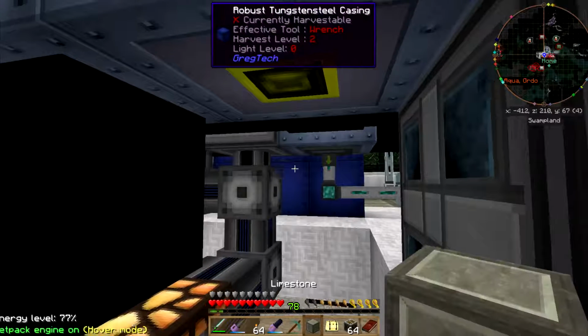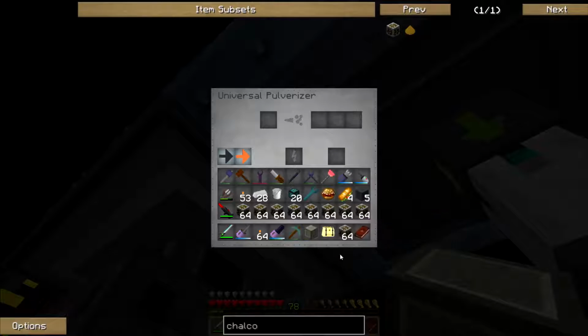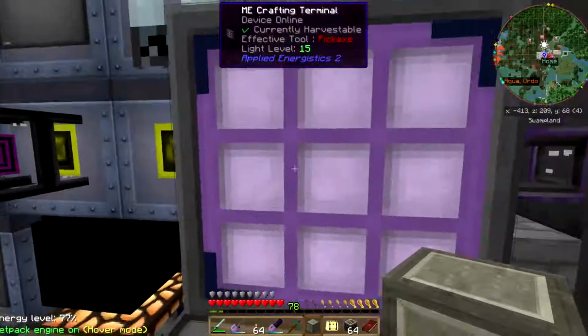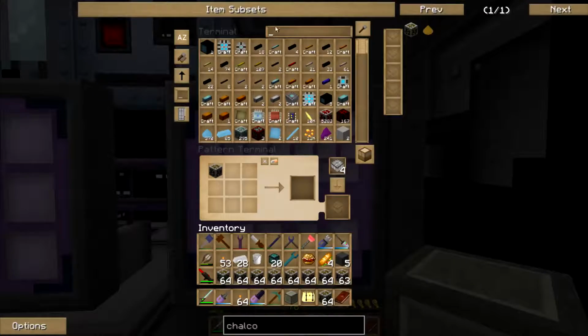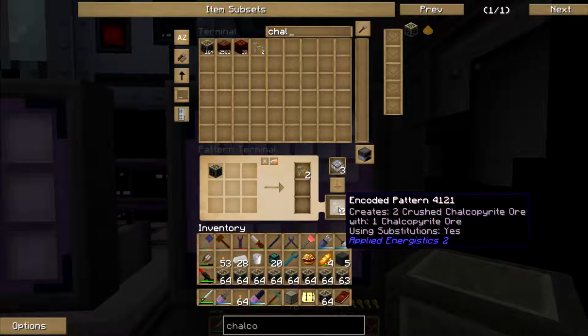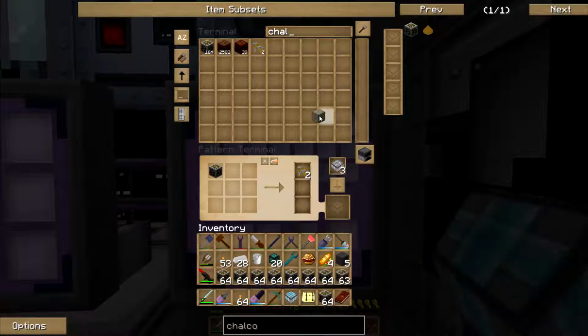Book, will you stop it? You're getting annoying, man. I want the book open. I want to pulverize some chalcopyrite, not open my quest book. Okay. So that makes 2 of those. Okay. And then